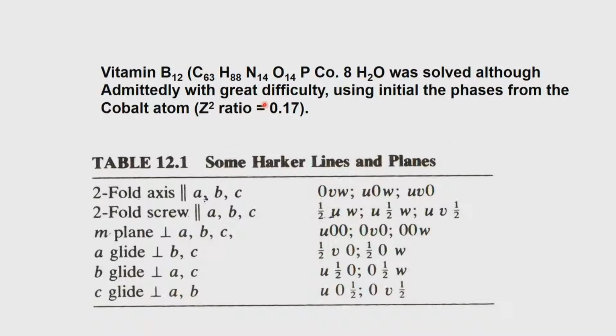So, essentially the Patterson can now be calculated. The Patterson will be devoid of the phase problem. If there is a heavy atom, it is possible to use the Patterson to locate it, and the symmetry associated with the space group is buried in these Harker lines and planes, through which we can extract information not only about the position of the heavy atom in a very straightforward and easy way, but also identify the translational components associated with this particular space group.